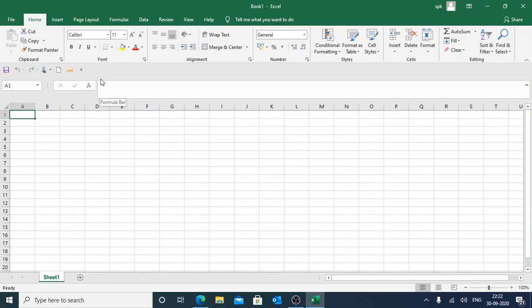I'll repeat. MS Excel is a spreadsheet software made up of rows and columns which help you to insert the data, arrange the data easily, and do the calculations on the numerical data.